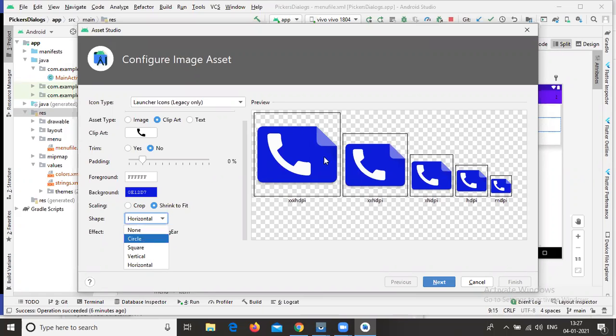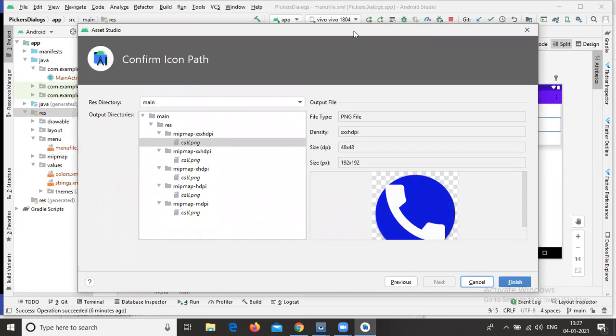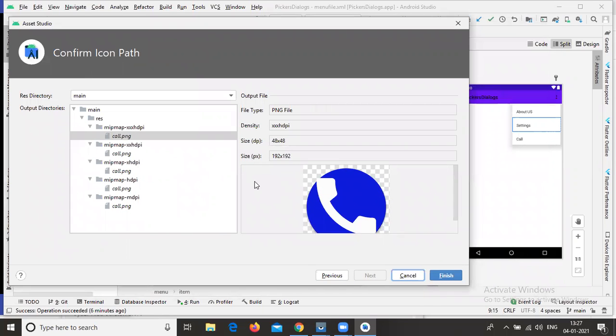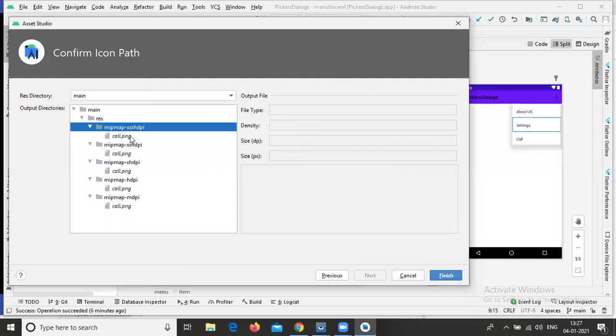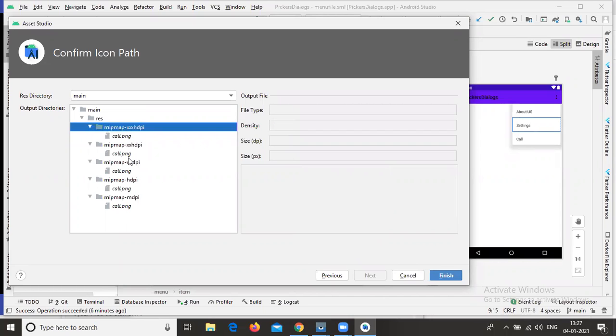Anyway, here I'm using the circular formation, that's why I'm not using the dog ear. Just click on next. See this icon, you are all getting the storing path. This icon will be created in our mipmap folder in different resolutions: triple x hdpi, double x hdpi, xhdpi, hdpi and mdpi.